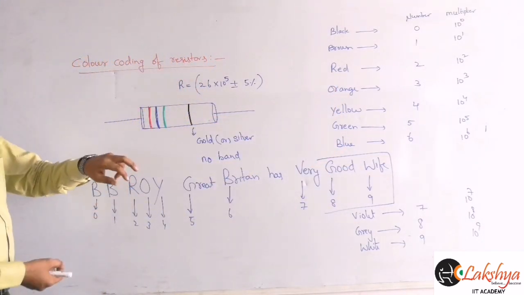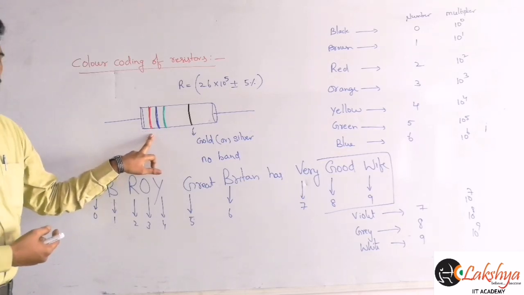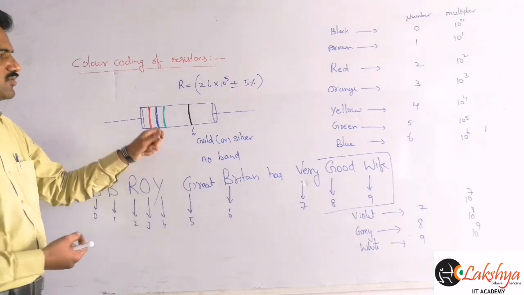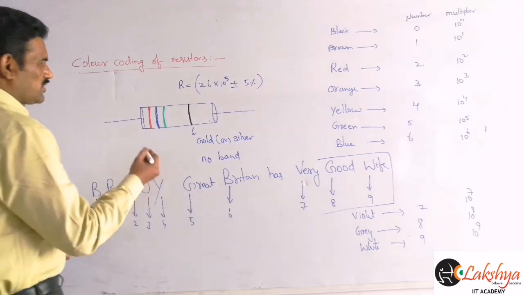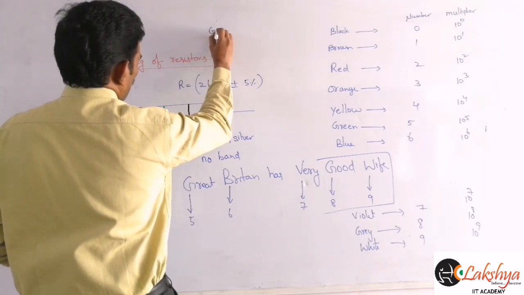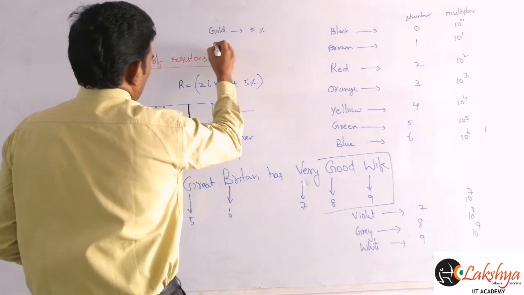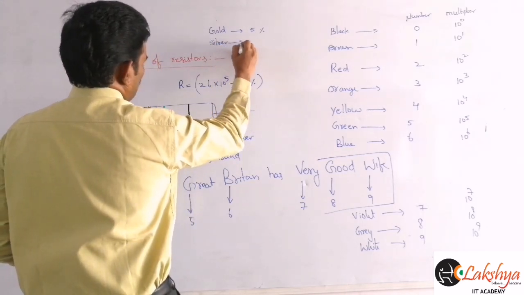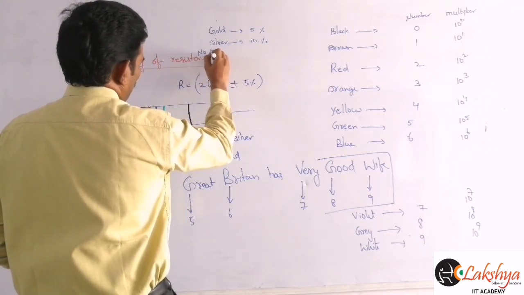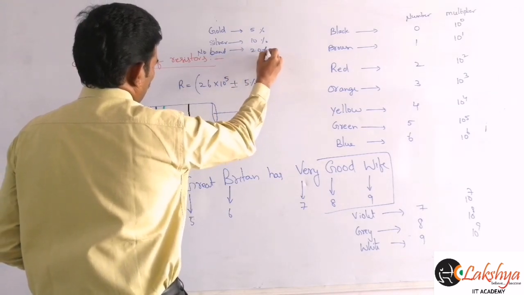And in the notes, when you are noting these resistance values, write this example also. Just write the first one as red, the second one as blue, the third one as green, and the fourth one as gold, we are taking. And for gold and silver, let us mention those values here. Gold means 5%, silver is 10%, and no color, no band, means it is 20%. That is the tolerance value here.